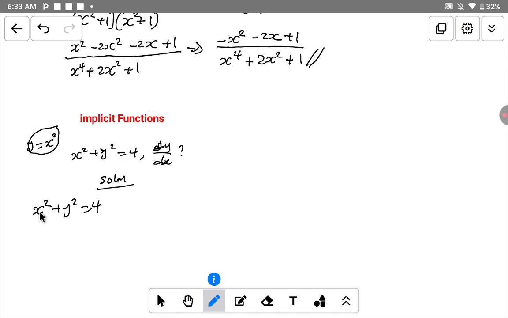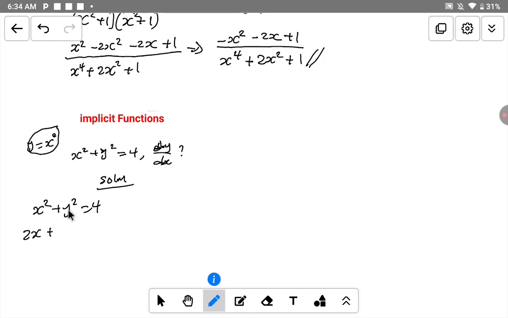If you differentiate x squared, the index 2 multiplies the base and we subtract 1 from the index, so we have 2x. The index becomes 1, x to the power 1, and I don't need to write the power 1. So x squared differentiates to 2x, plus